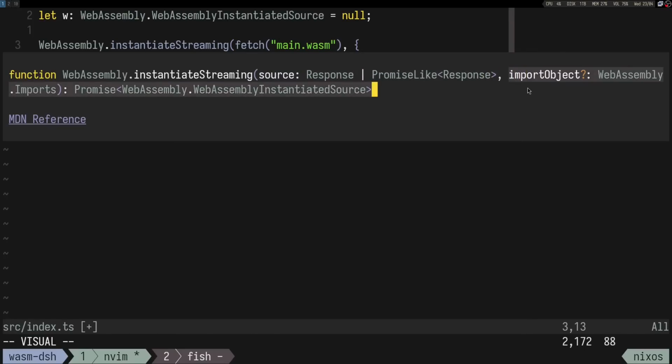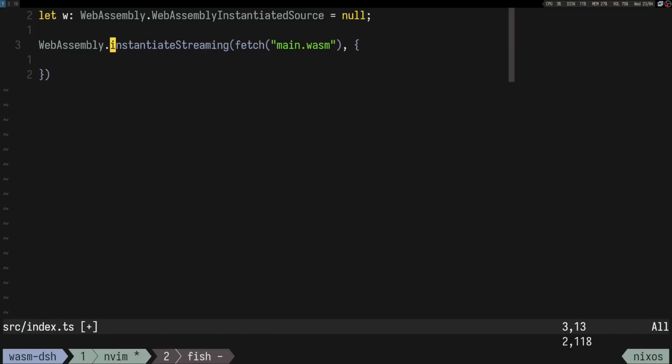And then it needs some environment or things like that. And usually in the environment I put the memory, and you can also define functions. So we'll maybe see that. I'm not sure if we'll need any functions, but we'll see. Maybe for printf and stuff like that. But yeah, we need to define env,